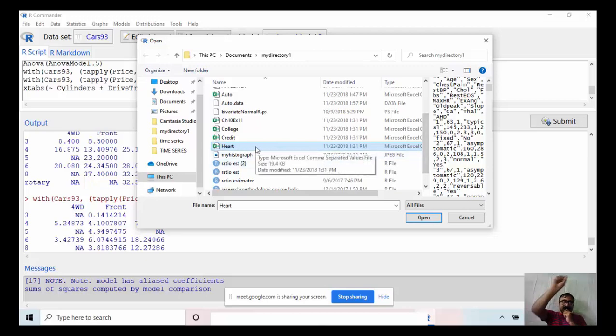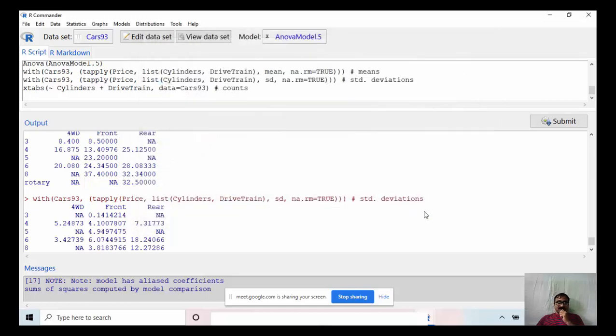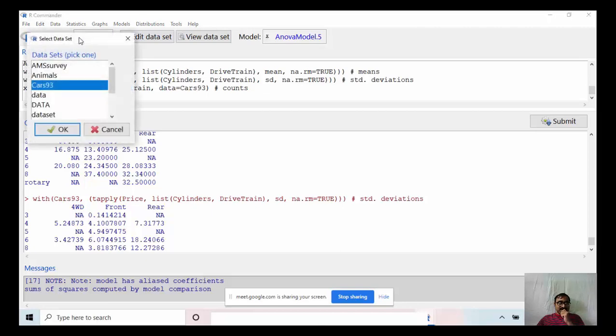Give the column headings in the first row, and then put the values in subsequent rows, just as we usually do. Select that Excel file and choose open. It will come here. Here it is cars 93, and that Excel file will show here.